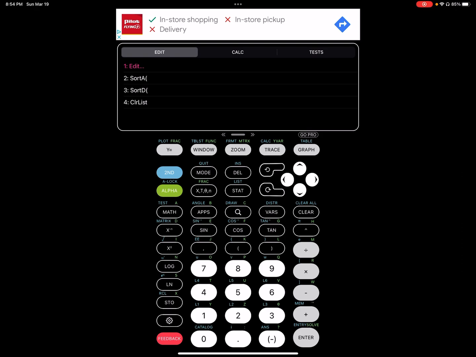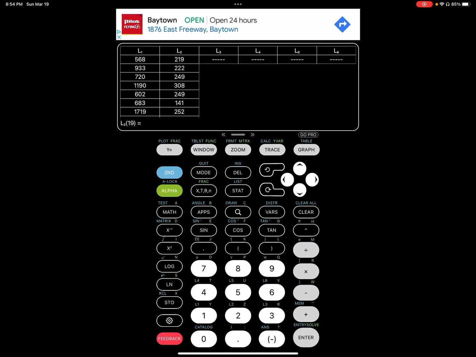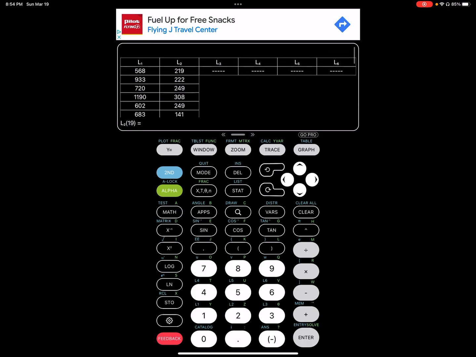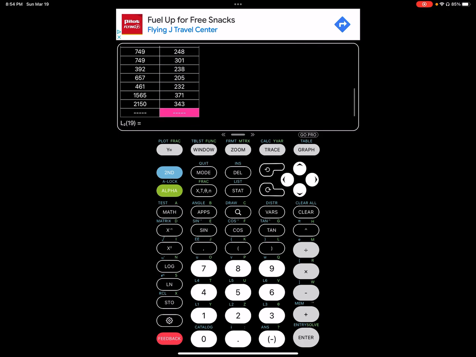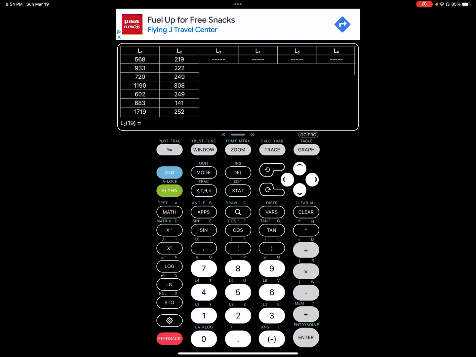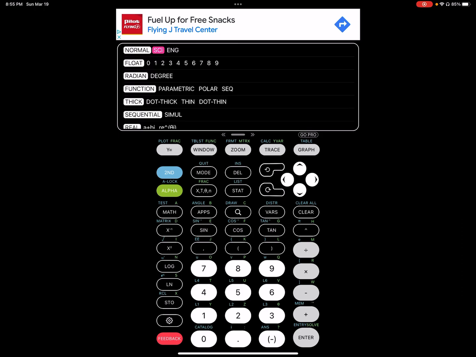So we go to Stat and we go to Edit. And in L1, I put the distance, okay? And in L2, you will see that I have the fare. Now, one other thing that you need to do, if your calculator lets you, and it should, you can turn on those stat wizards in there, and they do give you quite a bit of other information. If you'll go to Mode, and if you'll just start going down,